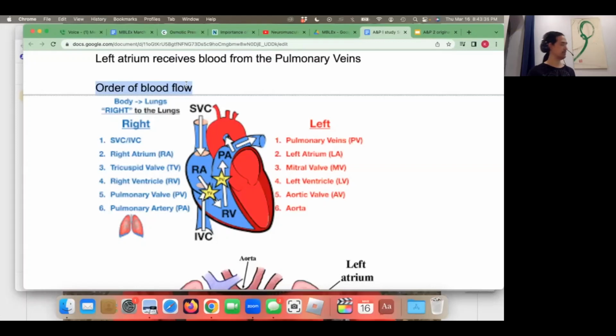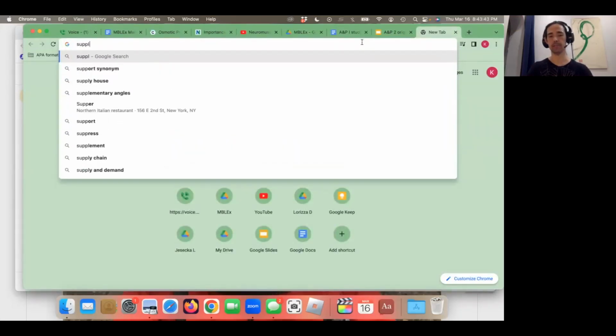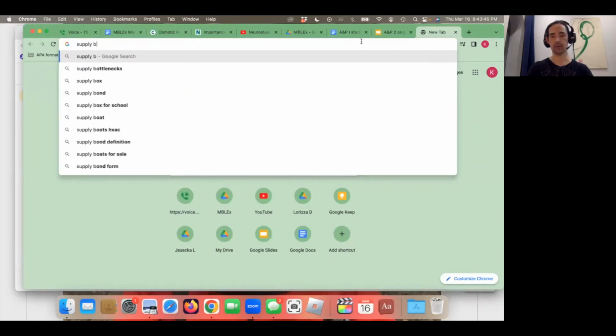Recall that the FSMTB was specific, that you do not need to know the structures that supply blood to the heart